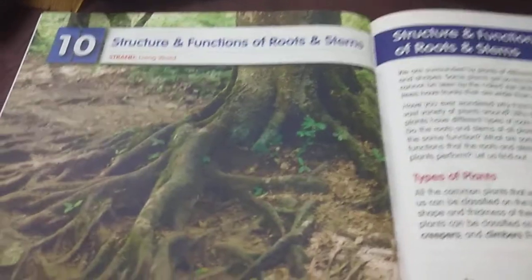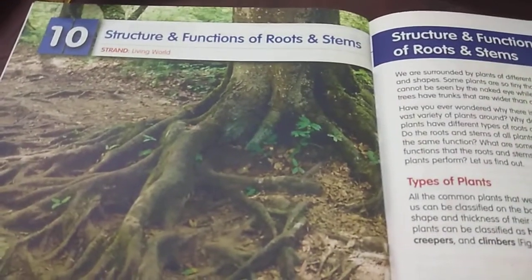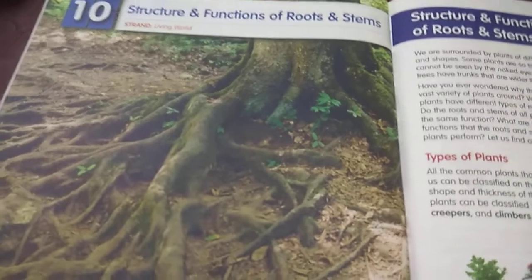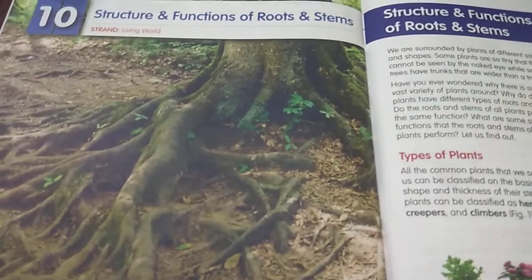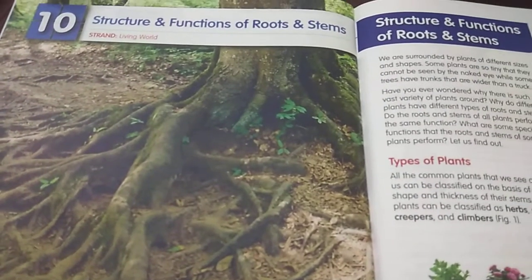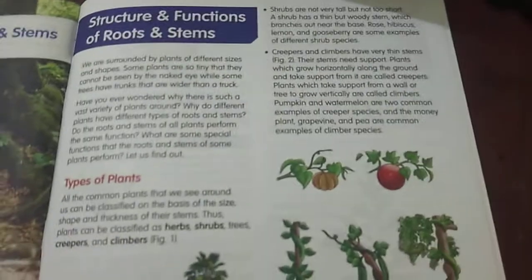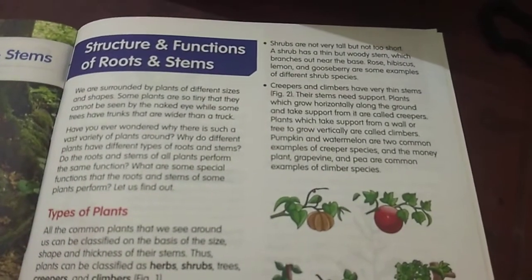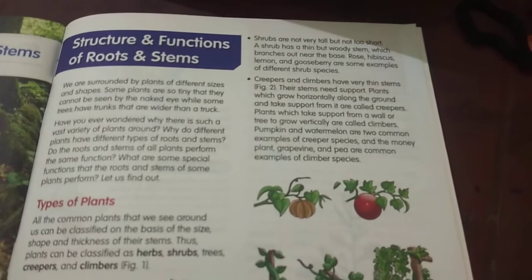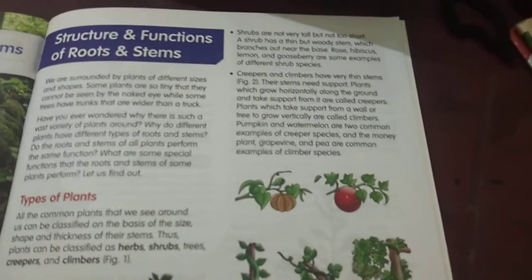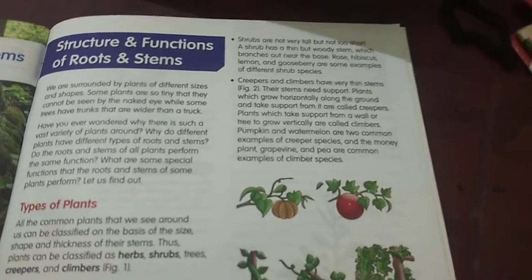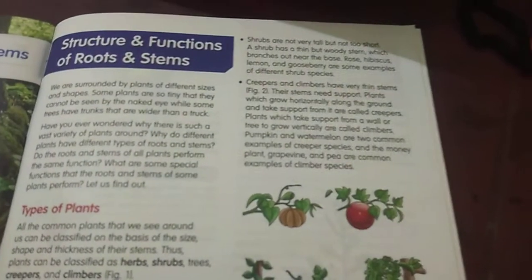Now those trees and plants, how the roots and stems are functioning. In each and every plant, how the stem structure, size, color, nature is varying. That we are going to learn in this lesson. So as usual, now I am going to read. You will keep your fingers, okay? And you will read after me, okay?